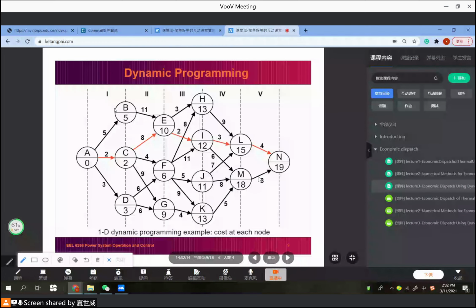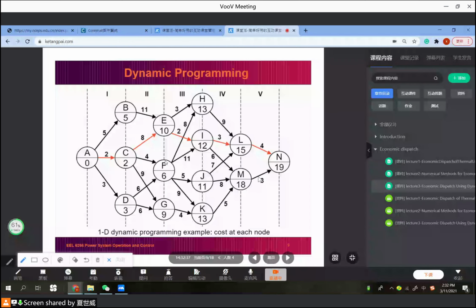ACE is 10. ABE is 16. So this is better. ACE is better. We just record the better one here. Okay, so we just write number 10 here. For this 10, you know that the number is for this part, ACE. Okay. Similarly,